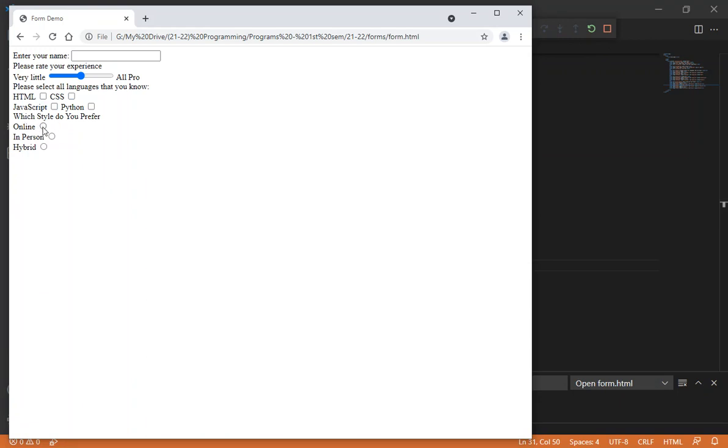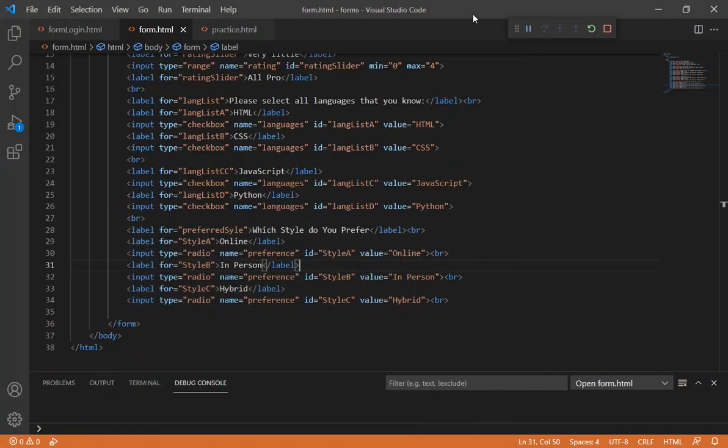And which style do you prefer? Online, in-person, hybrid. Now notice the difference, right? With this, I can check any box, but when I do, it deselects what I had previously selected. But the check boxes, which are more squares, I can select as many as I want. All right, and that's the difference between a radio